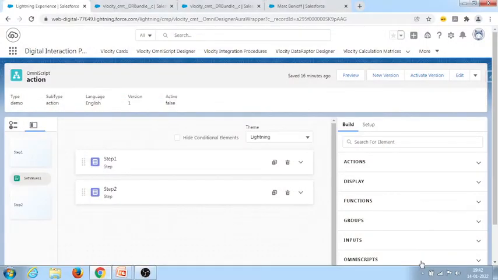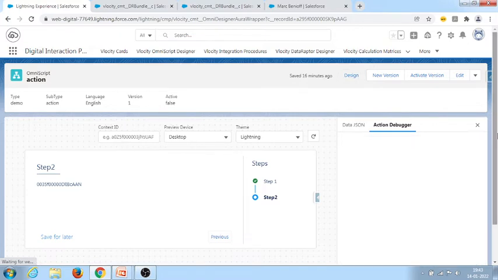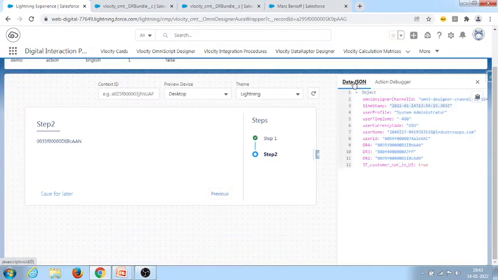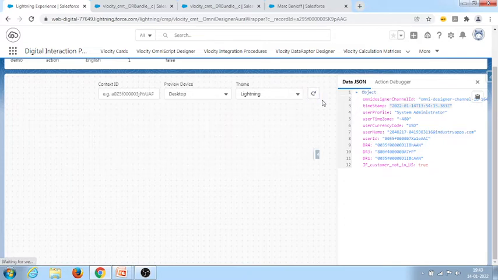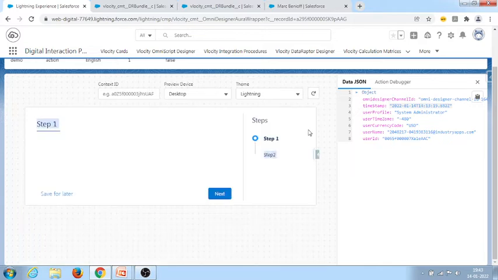I have created two steps, one step and this second step. When I preview, when there is no action in between the steps, if I click on next, then it will come immediately.